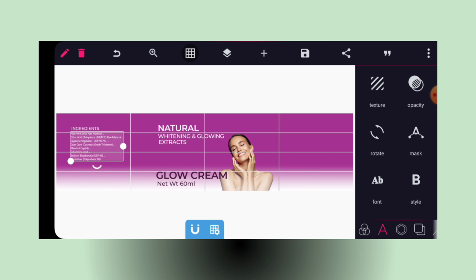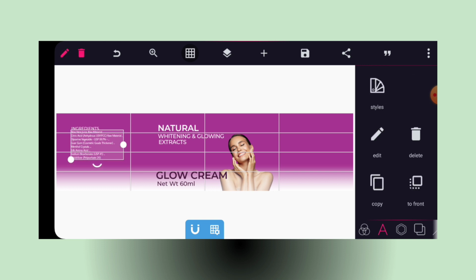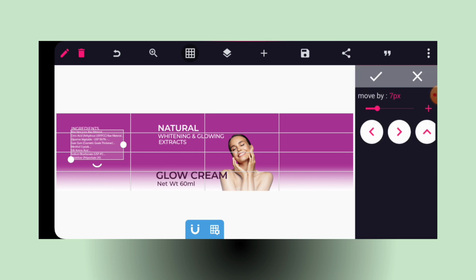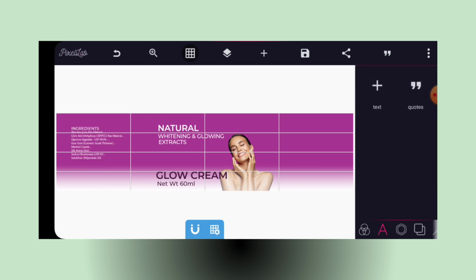So we're going to place it here carefully. So these are the various ingredients for this glow cream body lotion. So I'm going to use my position to make sure that it plumps well. Now the next thing that we have to do is to copy this